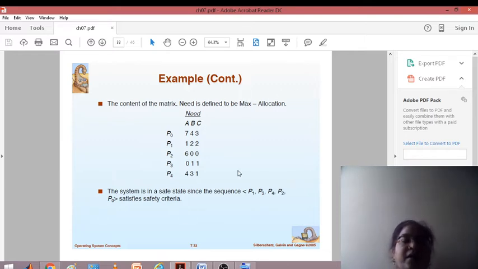Now here, the algorithm works like this. First we run the safety algorithm, pretending to allocate and changing the data structure. If it leads to a safe state, then we actually allocate. If it does not lead to a safe state, we roll back. By this we have run the safety algorithm and come up with the sequence P1, P3, P4, P2 and P0. If the requests come in this sequence, P1, P3, P4, P2 and P0, then it satisfies the safety criteria.